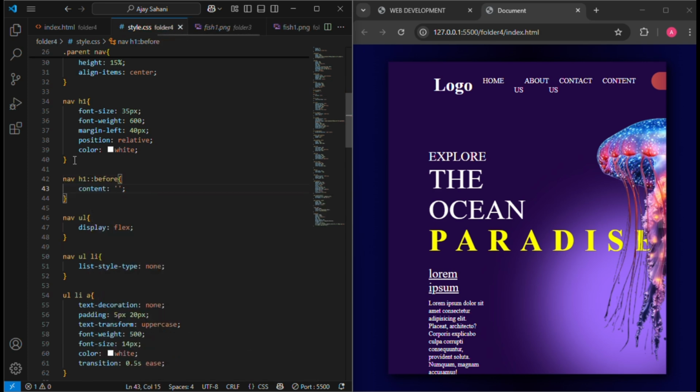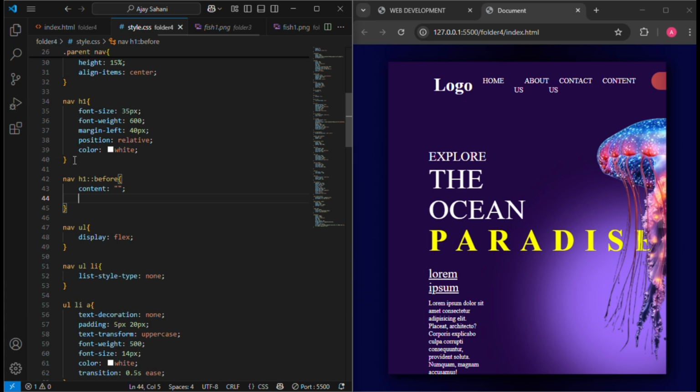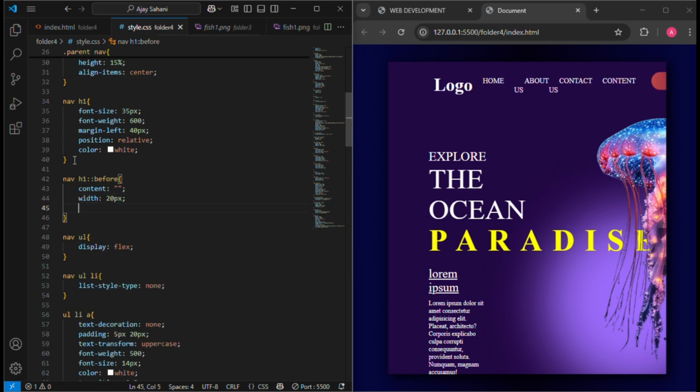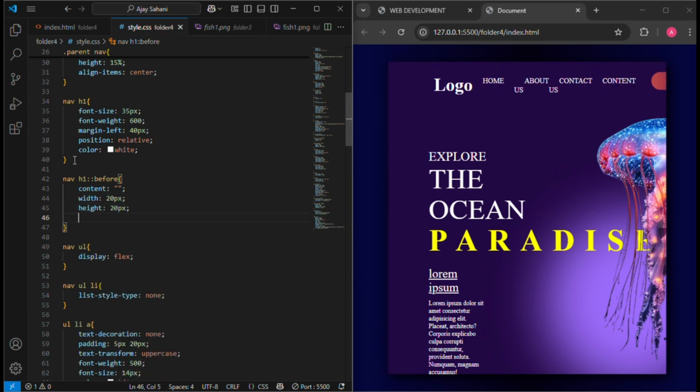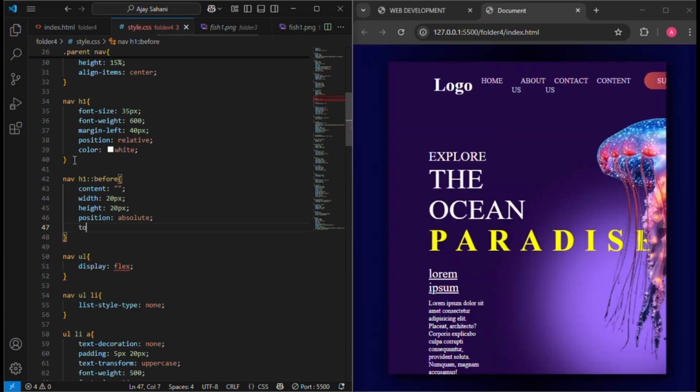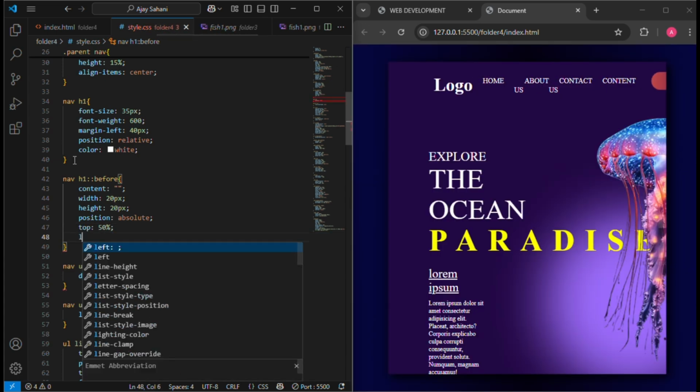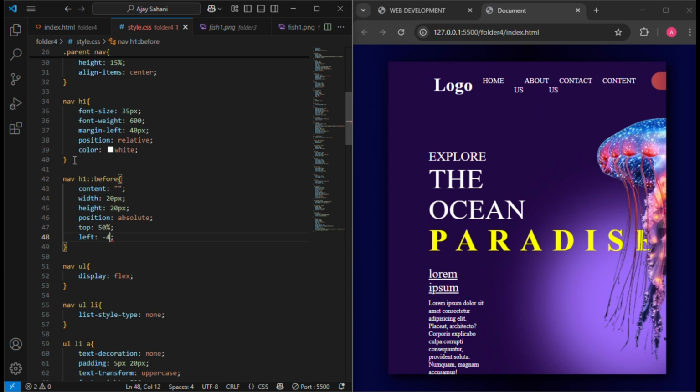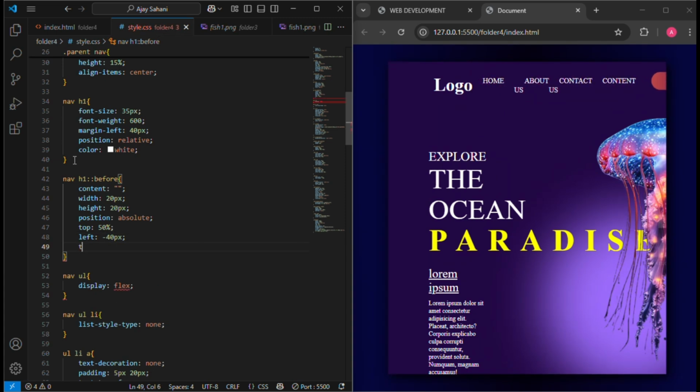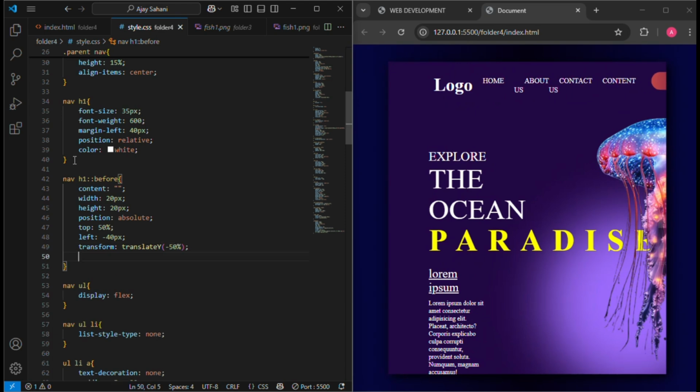Content, width 20 pixel, height 20 pixel, position absolute, top 50%, left -40 pixel, transform translate y -50%, and let's add a gradient color. So I'm using background linear gradient,